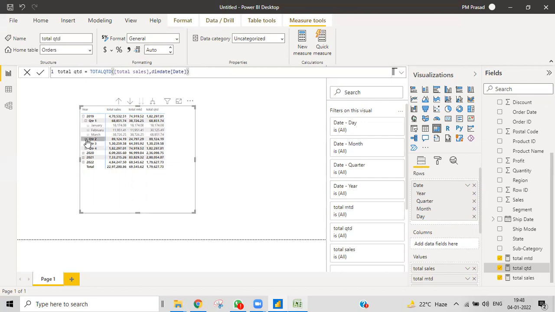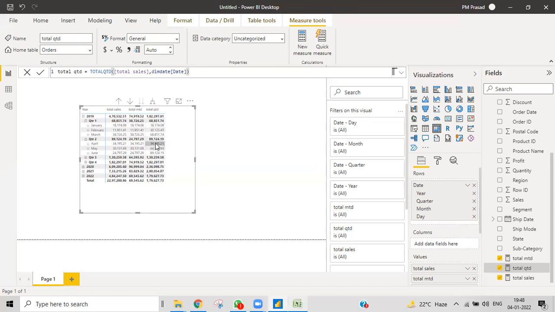You can see for quarter two the same thing is represented here. It will accumulate the months until that quarter ends.